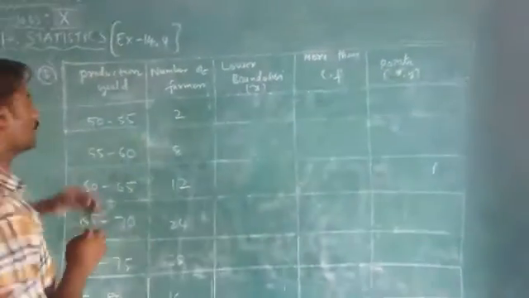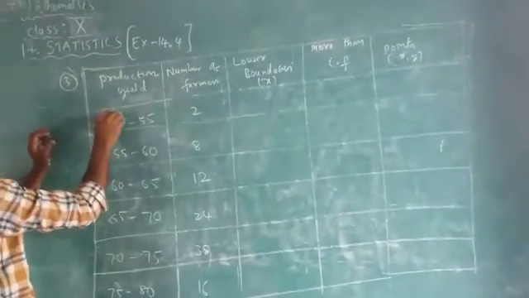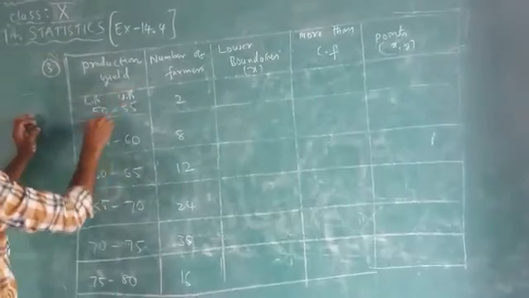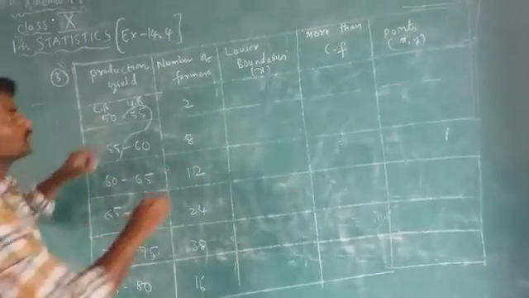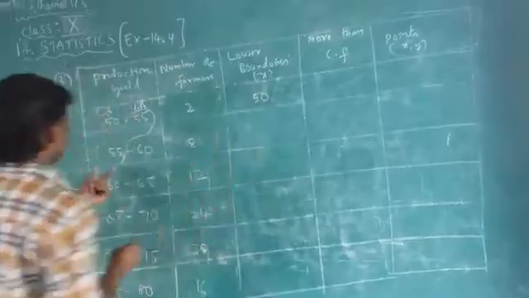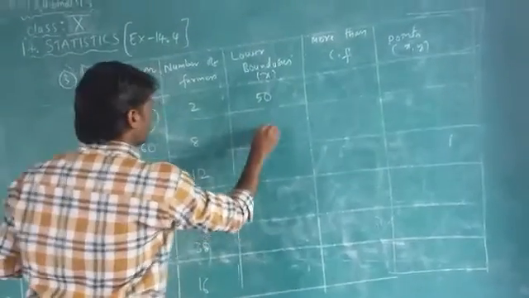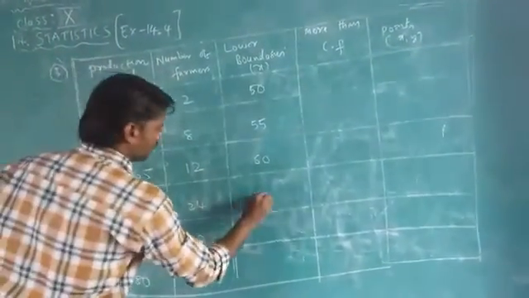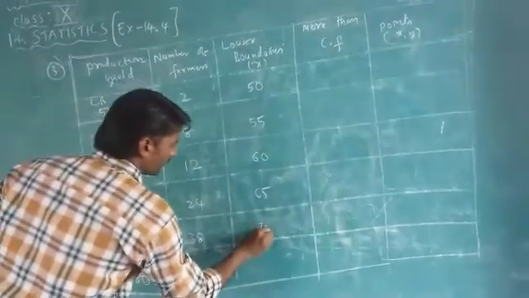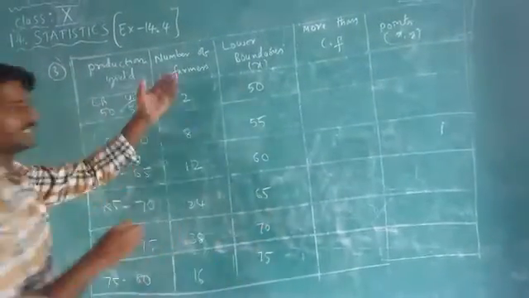You draw, children. I will explain how to make the table. Just look at the board. Lower boundaries. One more thing, check whether it is exclusive or inclusive. Exclusive, no problem, you get it directly. So the lower boundary over here is 50. Next one, children, 55. Next one 60. Next one 65. Next one 70 and 75. These are the x values.